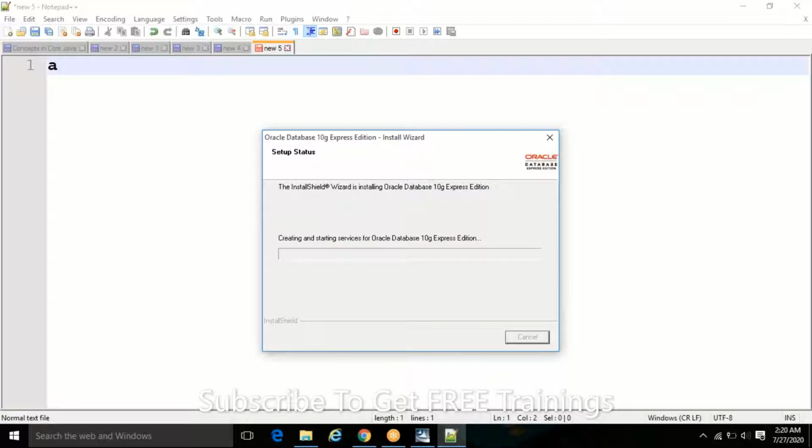It will take below 1 minute. This is the final processing to install our Oracle 10G software. Creating and starting service for Oracle database.